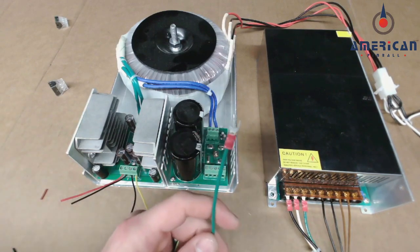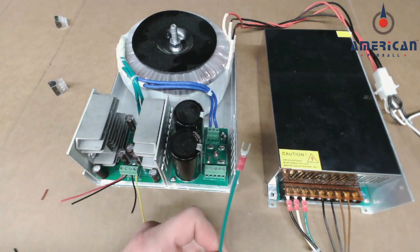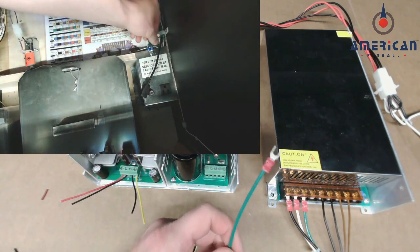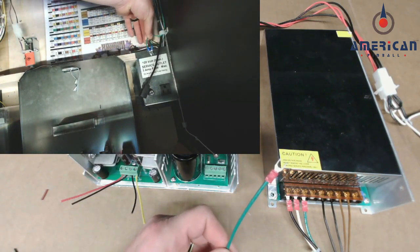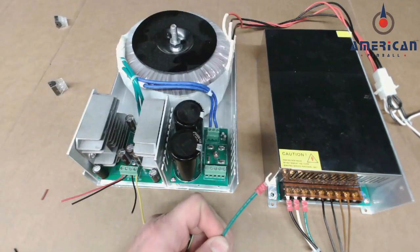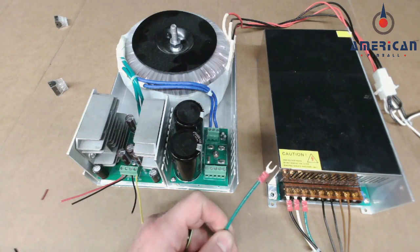The last step is connecting your ground wire. This leads up to the power box at the very front right corner of the game. You'll see that there is another green wire just like this, and you're going to add this to underneath the